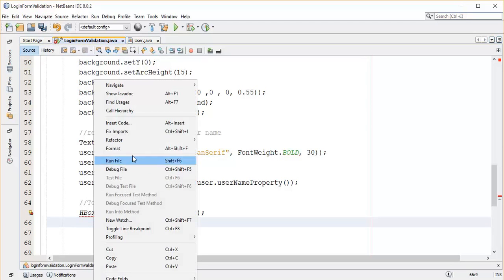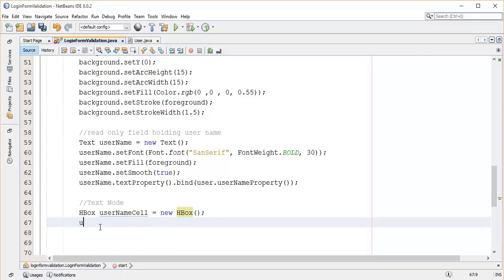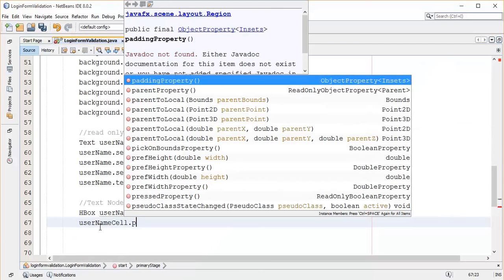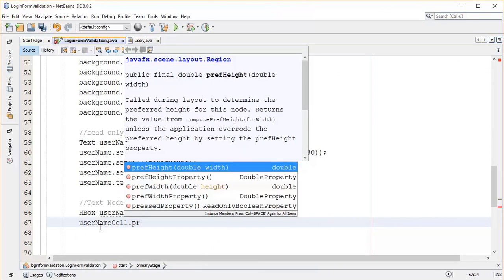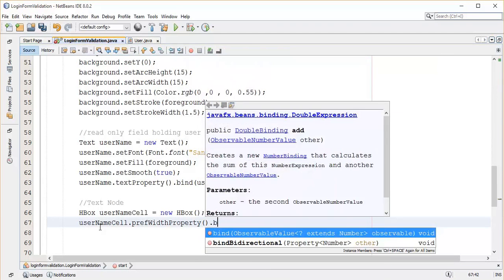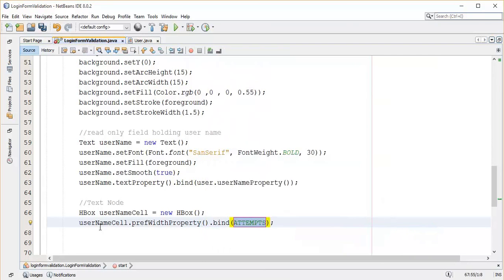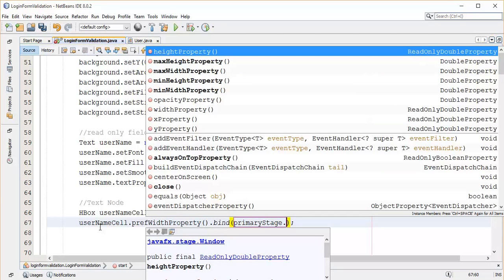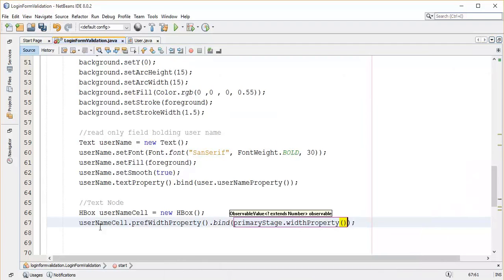Before that fix the import for hbox, so add user name cell to the hbox primary stage, so preferred we are going to prefer width property, so prefer width property dot, then we are going to bind with primary stage, so primary stage dot, now add width property, so add width property and